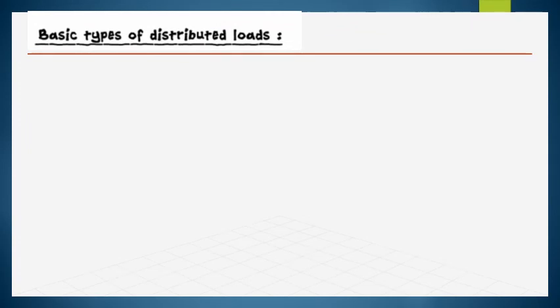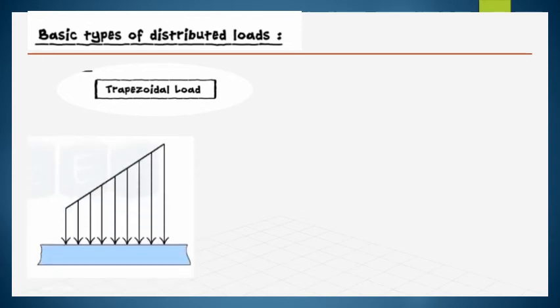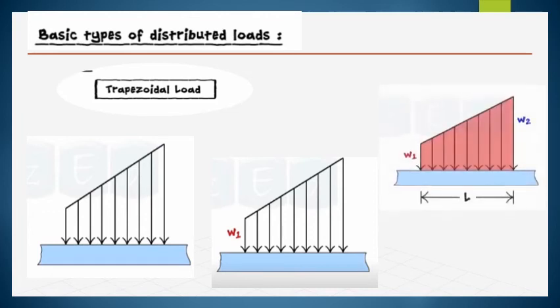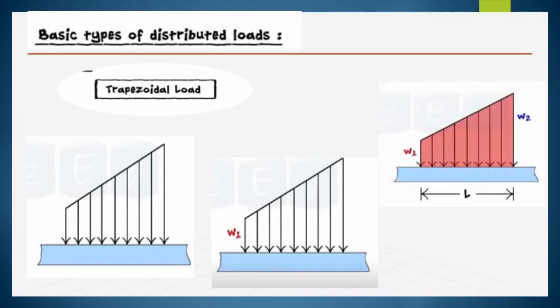So another special type of the uniformly varying load, you can say it is the trapezoidal load. See, here also intensity varies uniformly, but in case of the triangular loading, intensity is 0 at one end. Here the lower intensity is W1. If you consider, it varies from the lower intensity W1 to higher intensity W2. This type of UVL is called the trapezoidal loading.